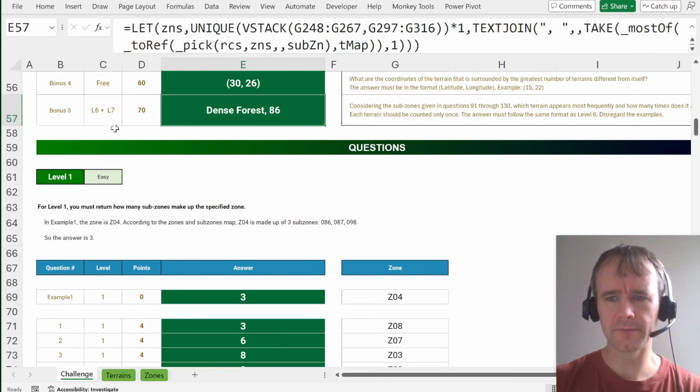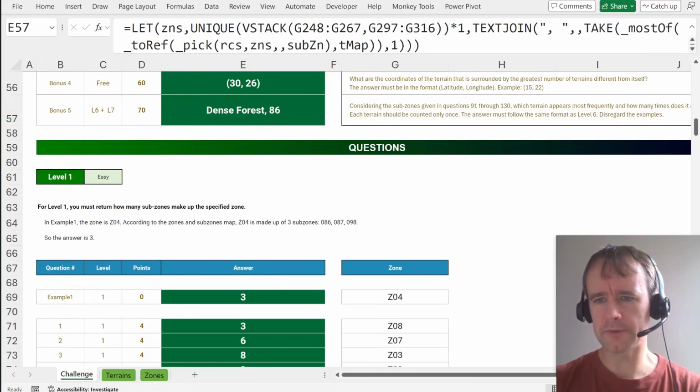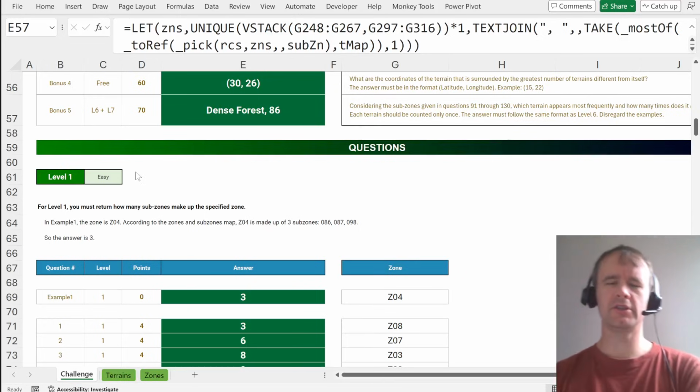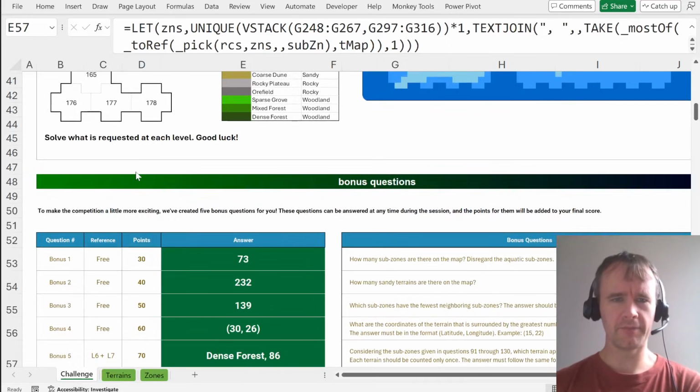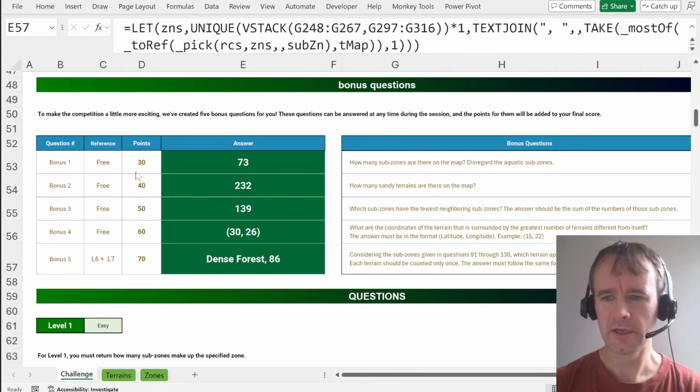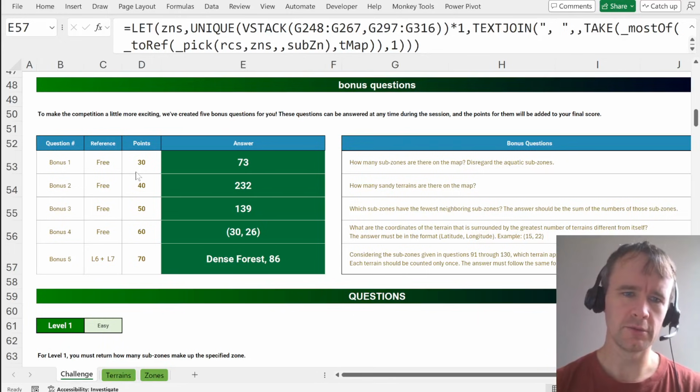dense forest 86, and boom, stop time, 29 minutes and 47.86 seconds. Just got it done in the half hour, which honestly I'm pretty happy with. This was not an easy case, but now I have 13 minutes to process the video, create a thumbnail, and